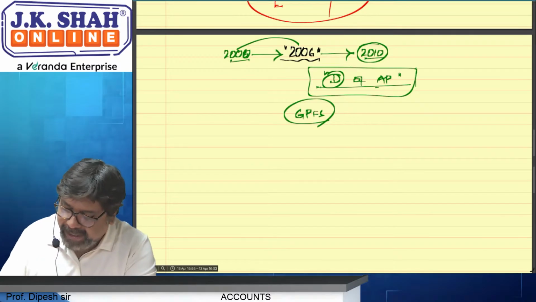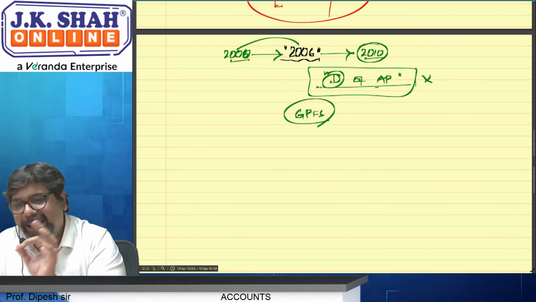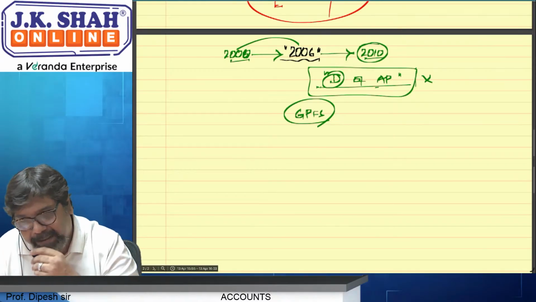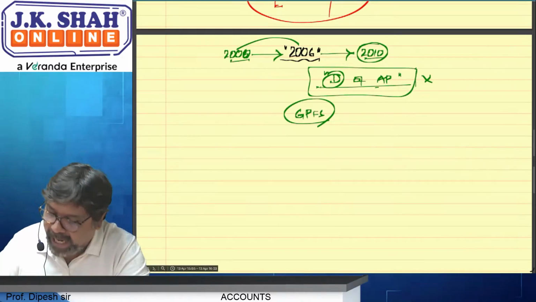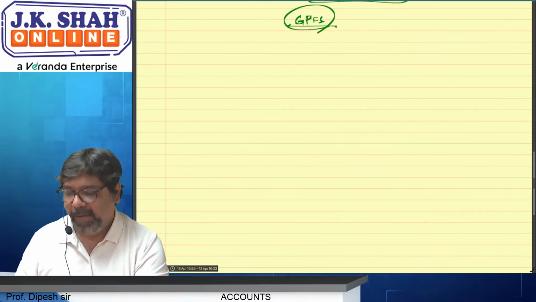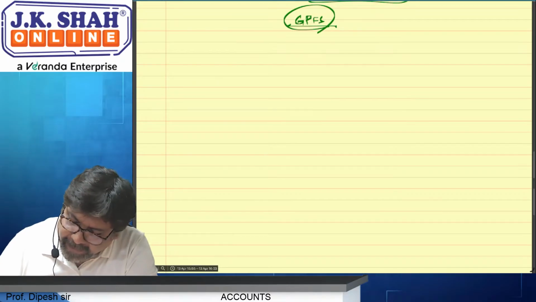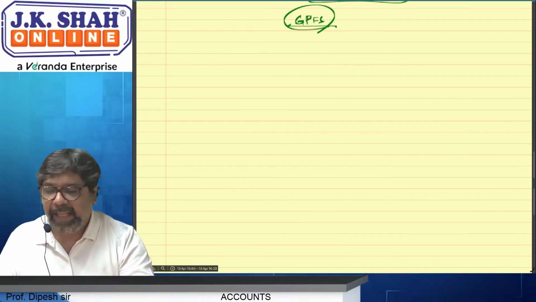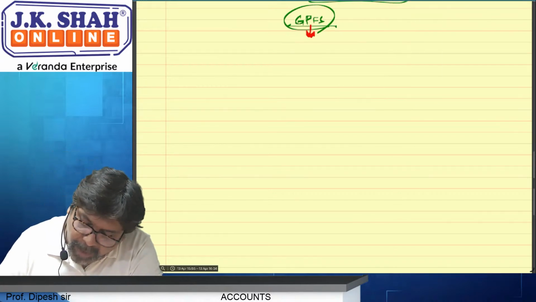I did not like the name of this standard. Disclosure of accounting policies is the name of the standard. But after I read the standard, I felt the name of the standard should have been General Purpose Financial Statements. GP. What is a General Purpose Financial Statement? These are financial statements. So my first question is, what are financial statements?